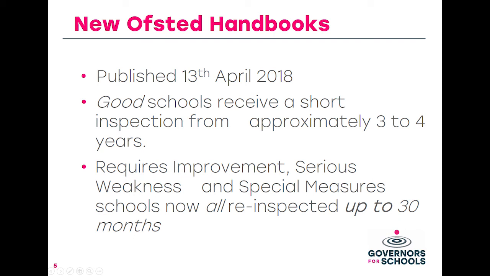So the legal framework for inspections is within a 5-year window, and practice up until March had been to carry out a one-day inspection in schools that were previously good every 3 years. So many schools in that situation would get to the 3-year marker and think Ofsted are going to be coming to visit us for a one-day inspection very soon. Now that window has stretched to a longer time frame of 4 years,